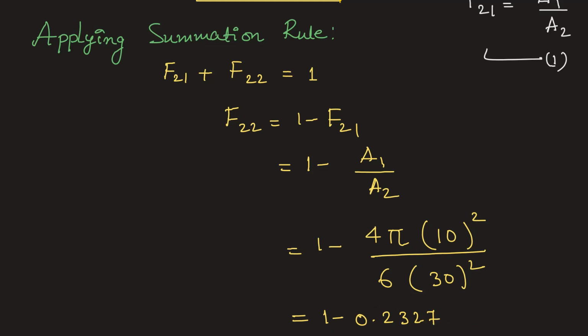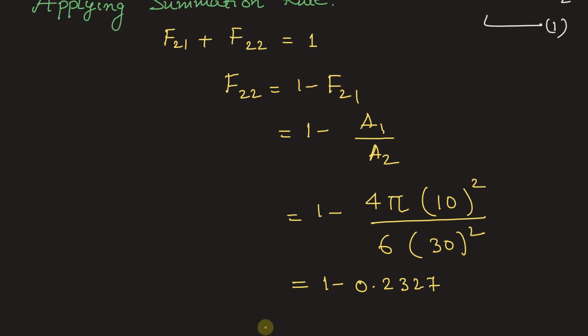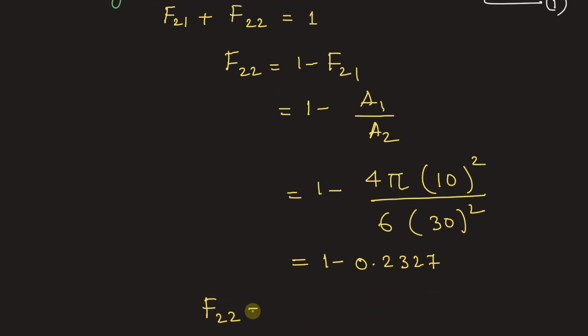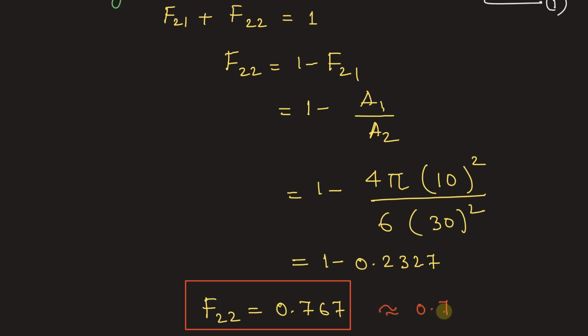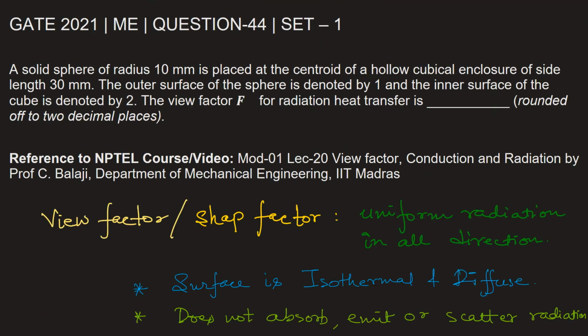0.2327, and from this value we will get F22 equal to 0.767, and since we need to round it off to 2 decimal places, the answer will be 0.77. Let's go back and fill in the blank. So the view factor F22 for radiation heat transfer is